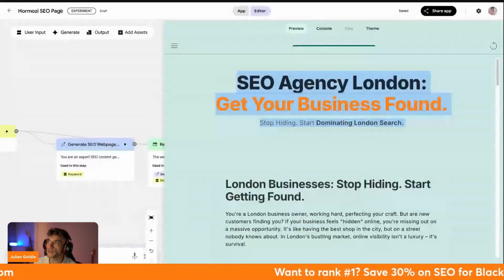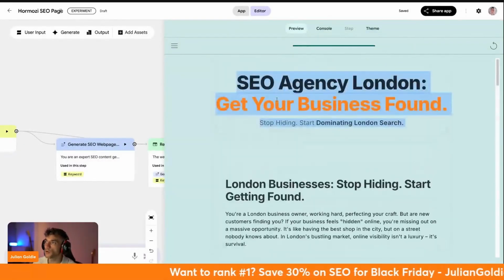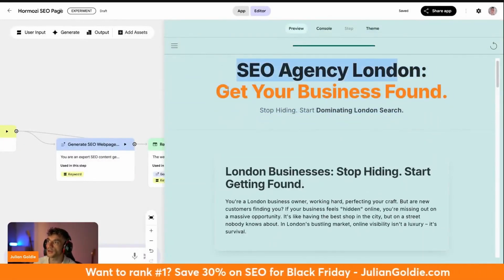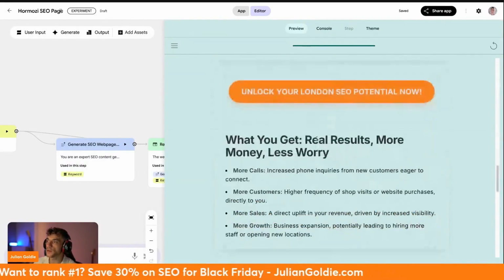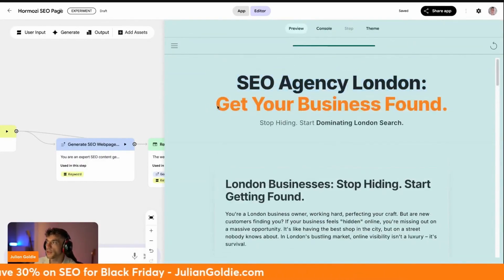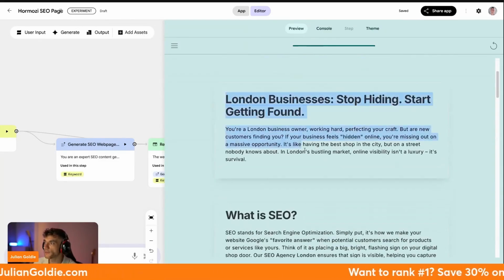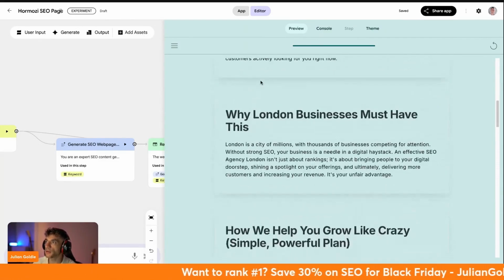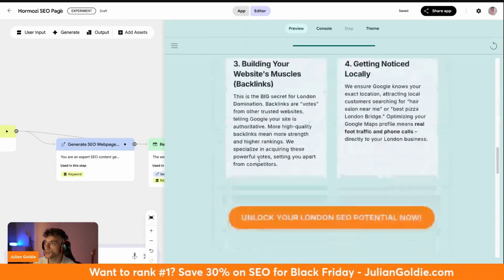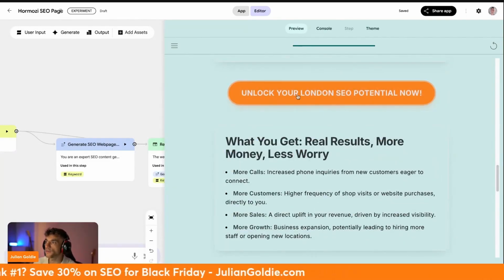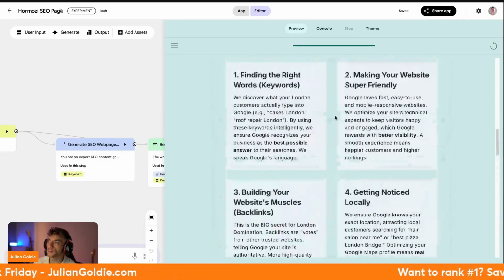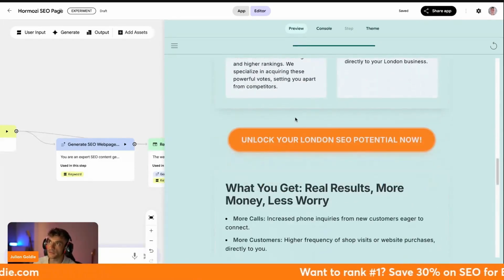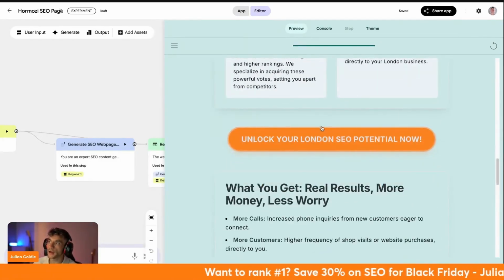I mean, for example, we go back to this tab. We've got the page here. It walks through, okay, here's the keyword, SEO agency London. It's actually designed a page for us as well, so we could grab that HTML. Then it's like, get your business found, stop hiding. And then, for example, it talks about the problem, the solution, and it recommends our agency throughout the page, right? It actually links to our page. So we were talking about customizing the content, making it third grade language, easy to understand and actually convert, plus funneling traffic to our landing page. And you can see it's doing that with this button right